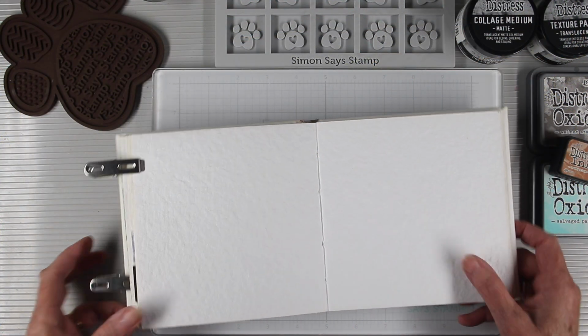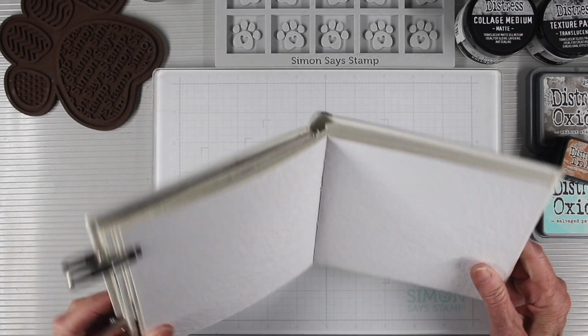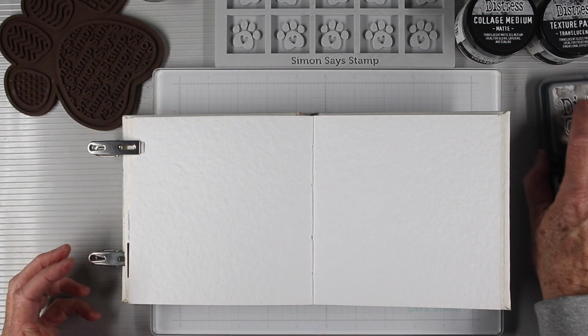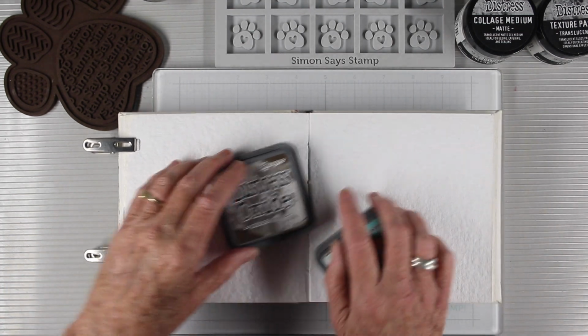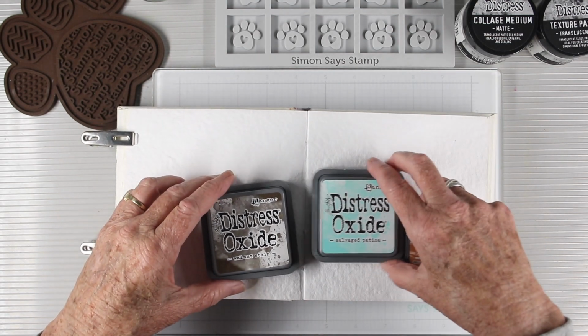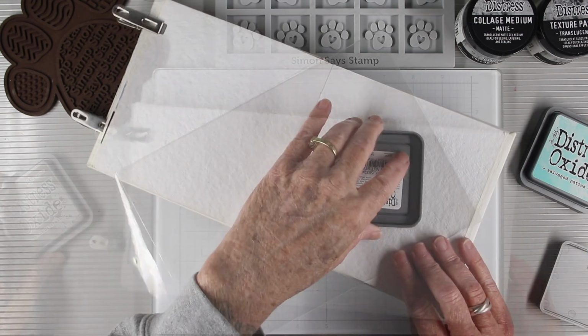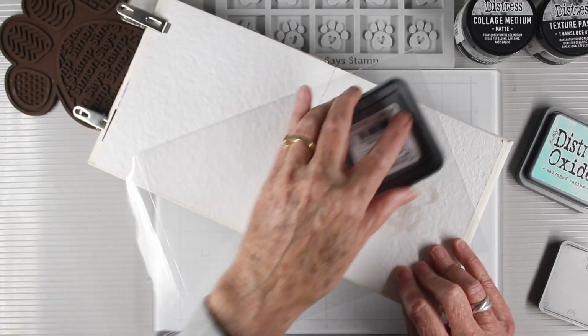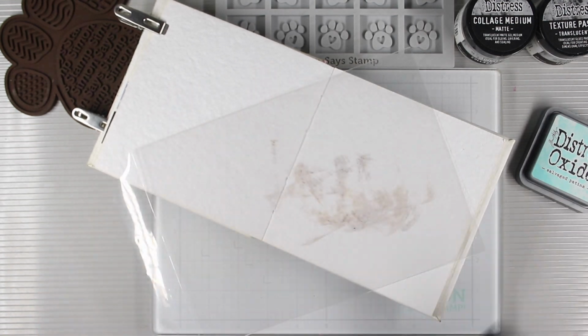I'm working in my Dina Wakley 6x6 journal with its nice thick white watercolor pages, and I'm going to be doing some inking first, and I'm using a couple of oxide inks. So we have walnut stain, salvaged patina, and then a little cube of rusty hinge. I'm doing the squishing technique, and I'm using a Simon Says Stamp storage bag and some walnut stain oxide ink